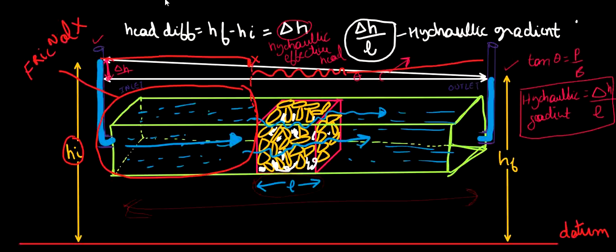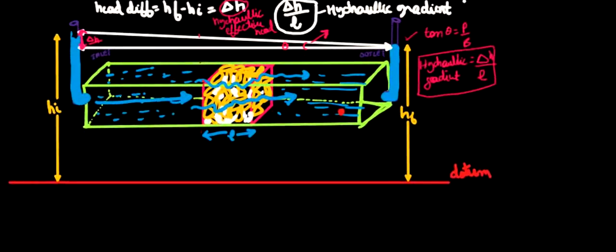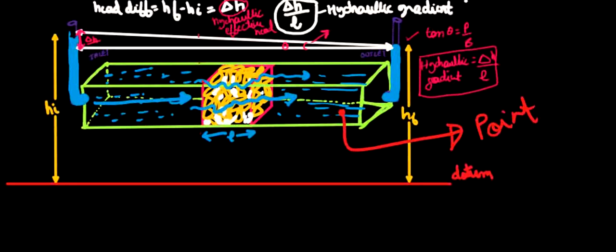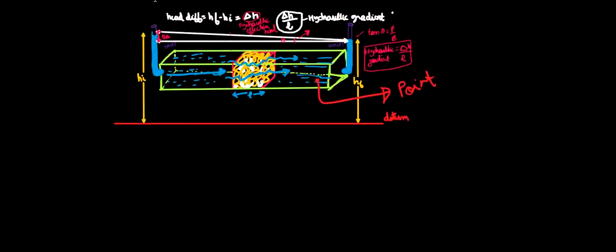Let's proceed further. Now if I want to know what is the velocity at this particular point, that is the point at which if a fluid particle passes, it will have a memory of the resistance that was offered by the soil sample, and therefore its velocity will have changed accordingly. So to obtain the velocity or discharge velocity, we have the following relation that was given by